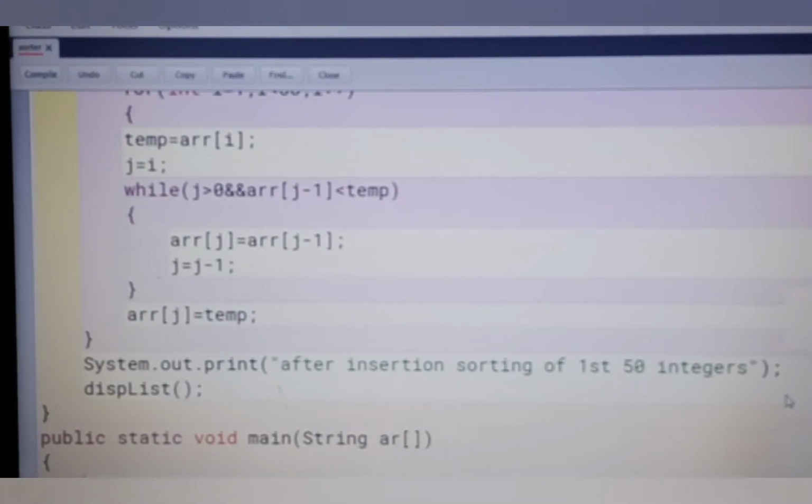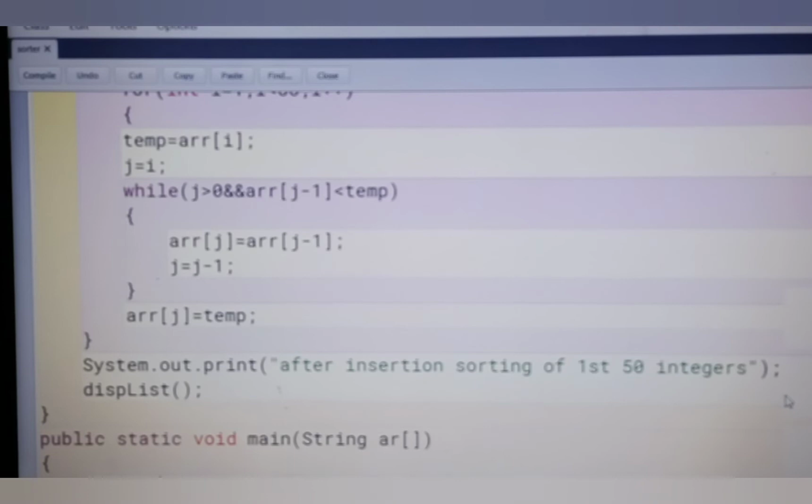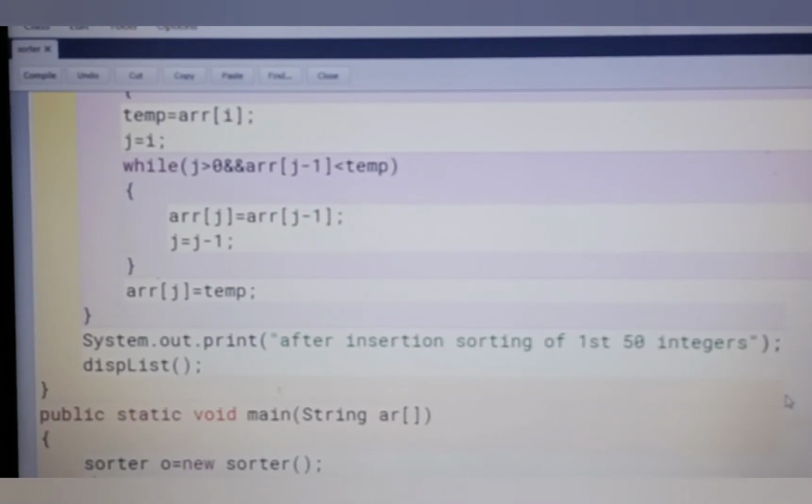After this, we have to create the object of the class. The class name is Sorter. The object name, suppose I give O, is equal to new Sorter function semicolon, then O dot.